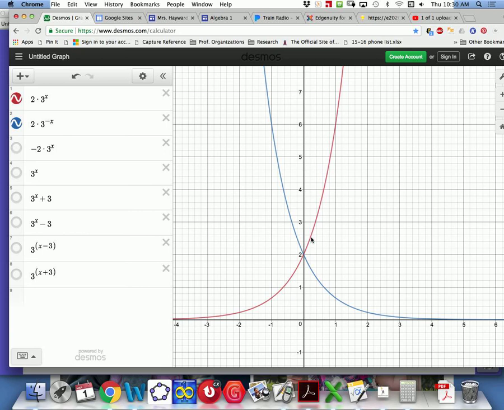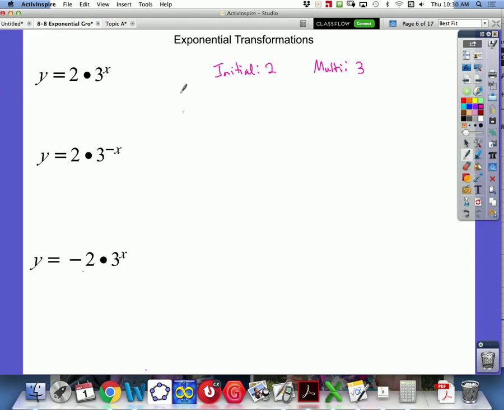So what we can see here between the blue and the red lines is they are actually mirror images of each other. So what that means is it is a reflection. And later on in this unit, we'll actually talk some more about reflections. But for now, I'm going to go over here, and on my notes, I'm going to write that my transformation, if I make the x negative, so a negative exponent,